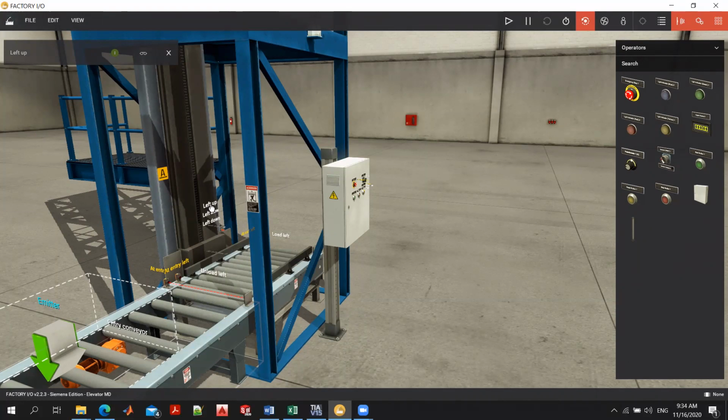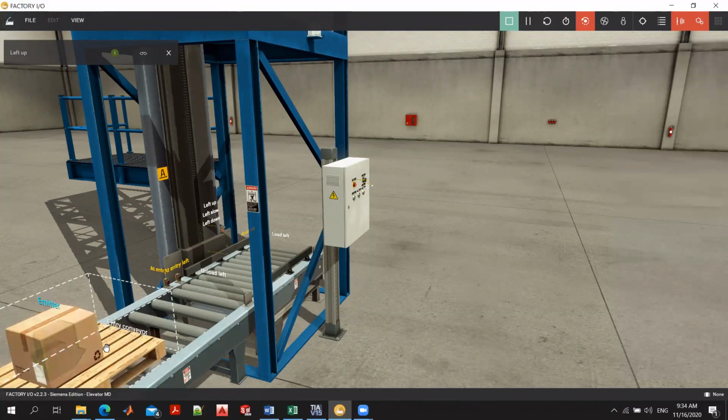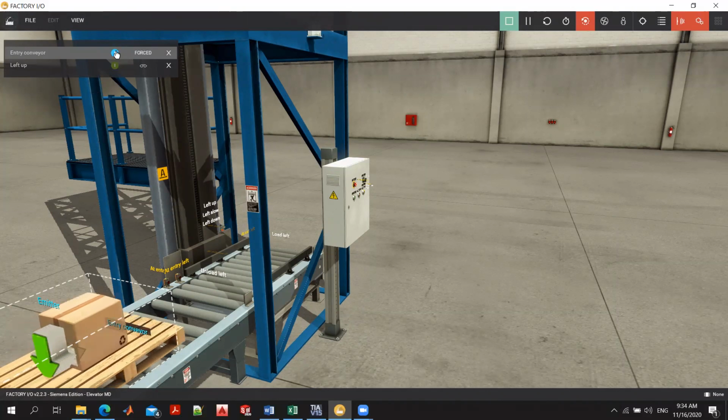We have also motors to control the level of the elevator. So we can lift it up, we can lift it down, and we can also control the speed. As a test, if the items are on the conveyor, what we will do is load the system by force,